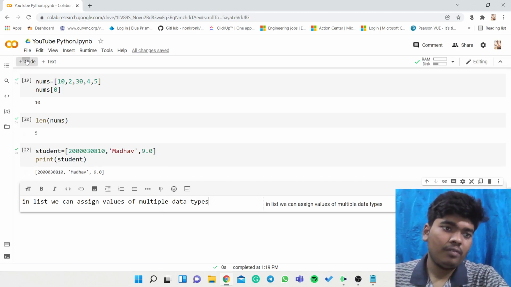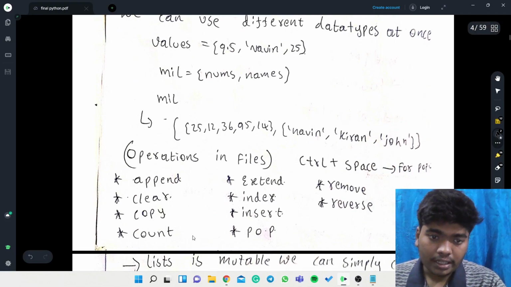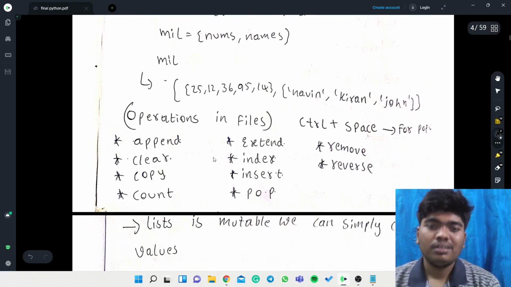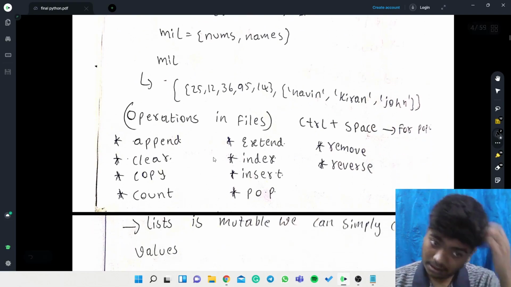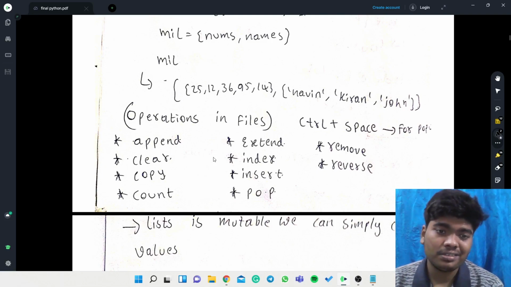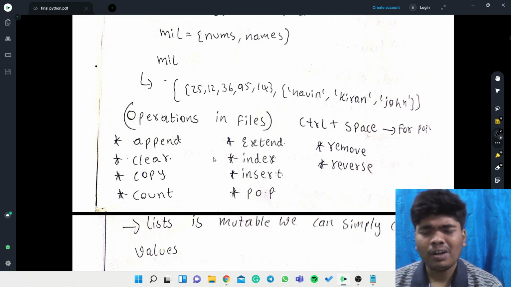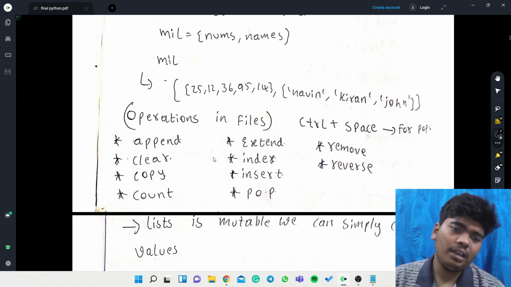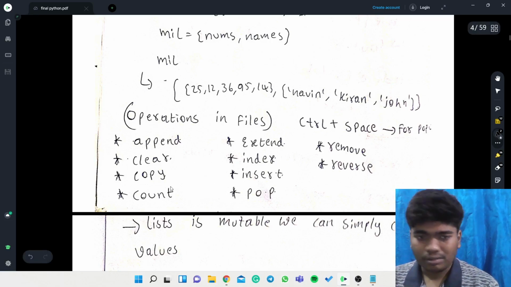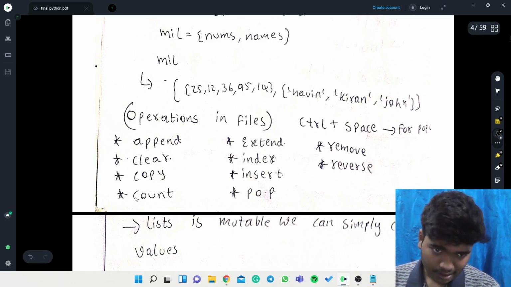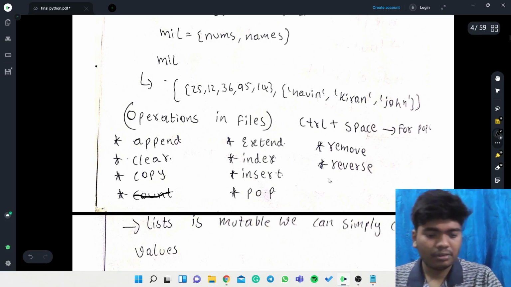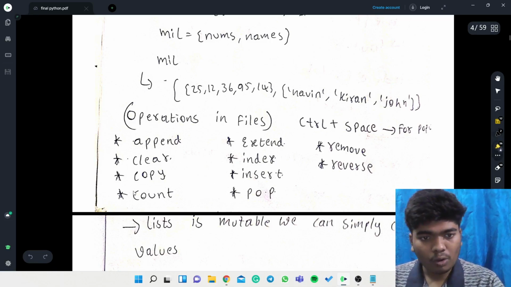Yeah. Now we will just move on. In the next, operations on lists. So we can perform some of the operations in this, like in Java also we are doing these things, but in this some of the things will be new. So for example, in Java I think count is not possible.